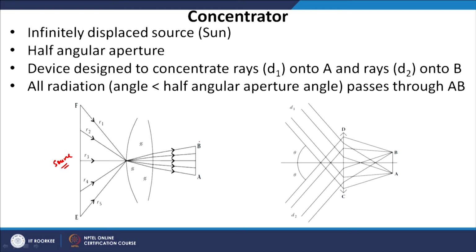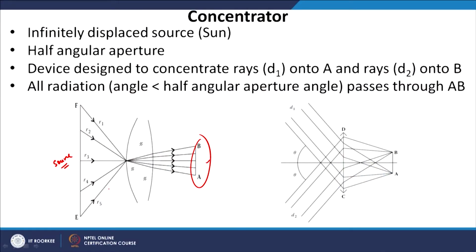So, we are not interested in whether AB is an image of EF or not. We do not want to answer this question. You must have done this in your childhood also: when you bring the lens closer, the image becomes a little sharper. If you take the lens away, the image becomes a little blurred. But the point is, we are not interested in whether AB is an image or not.